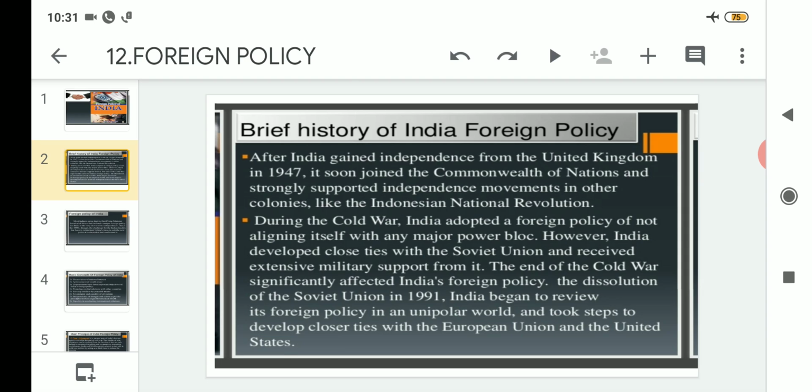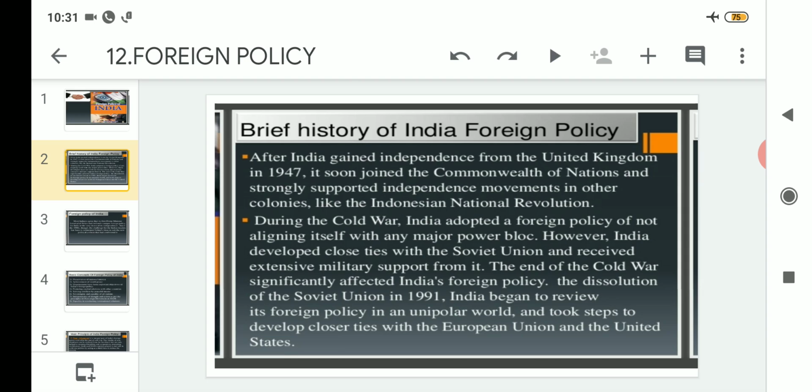The first power bloc was led by the United States of America, known as NATO, and the second was led by the Union of Soviet Socialist Republics, the USSR, a union of 19 countries, known as the Warsaw or Eastern Alliance. So at that time, from 1945 to 1991, India decided